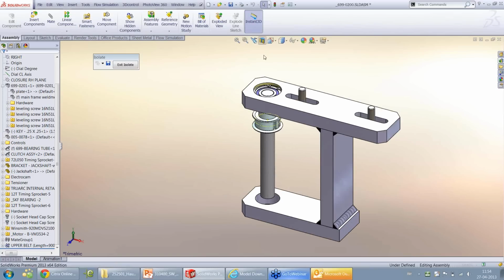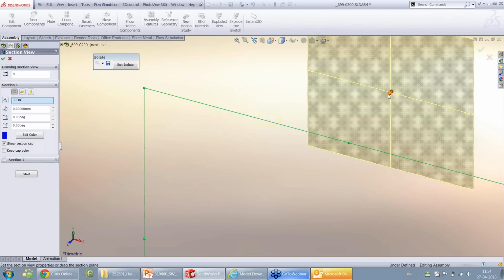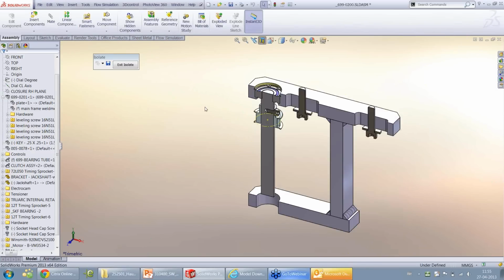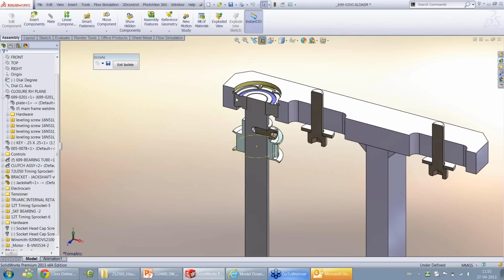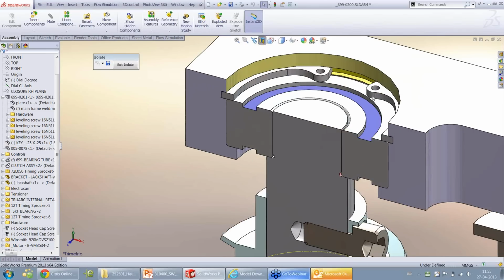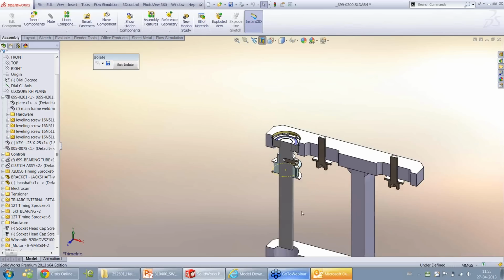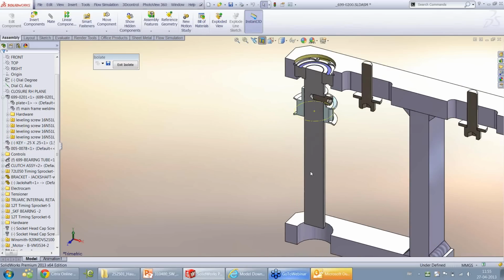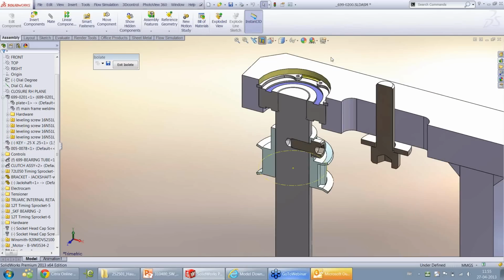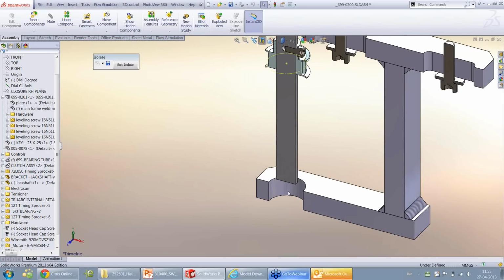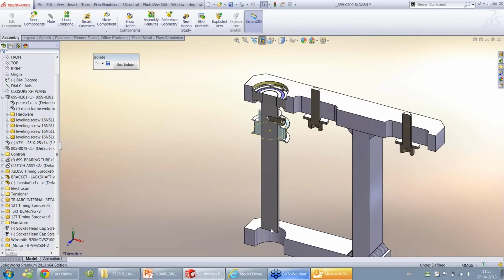So here let me just show you the work which was done earlier. Here we have a bracket, we have a shaft, we have some bearings, we have some snap ring action going on, we have some pulleys as well, belt driven pulleys. So all the work on the top part is almost done, so we have to spend some time getting the work done on the bottom part. Before we go,